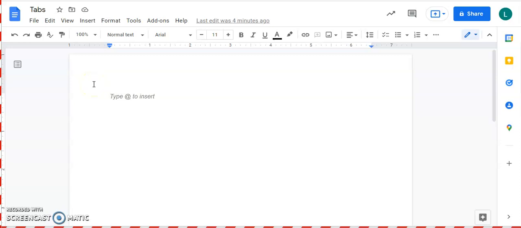Tab stops are very easy to set, and what are they used for? Well, they're used to organize information on a line. So let's say that we have some information about post-secondary trade schools. Maybe we want to organize that information. So we're going to put Pennsylvania